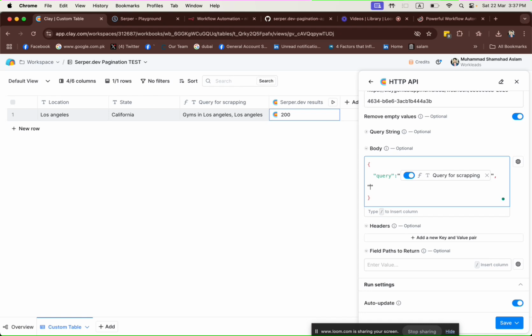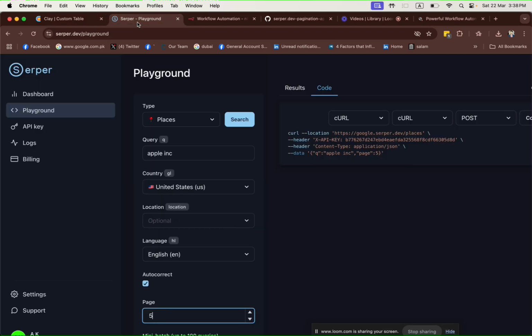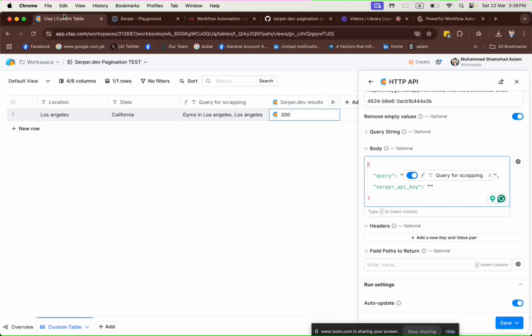Then I will pass the Serper API key. This is important because we need to validate our request with the help of the API key. So you have to copy this API key from here. Once you have copied it,